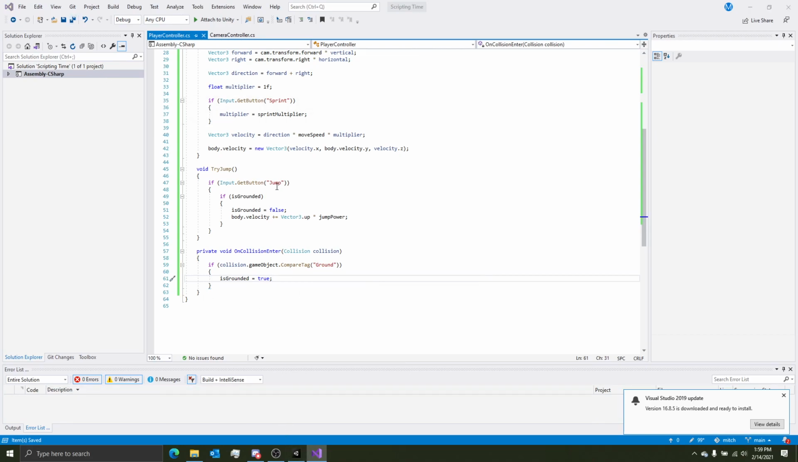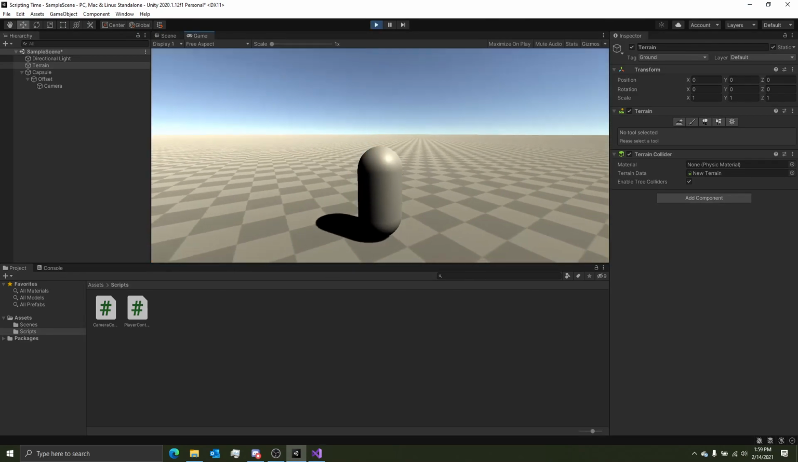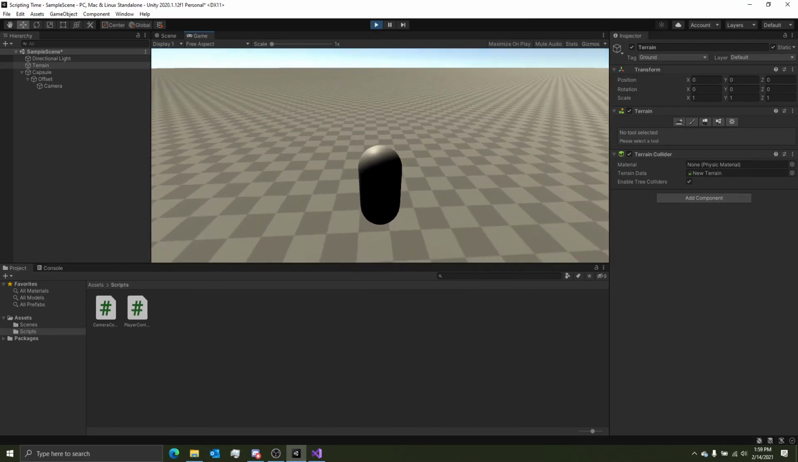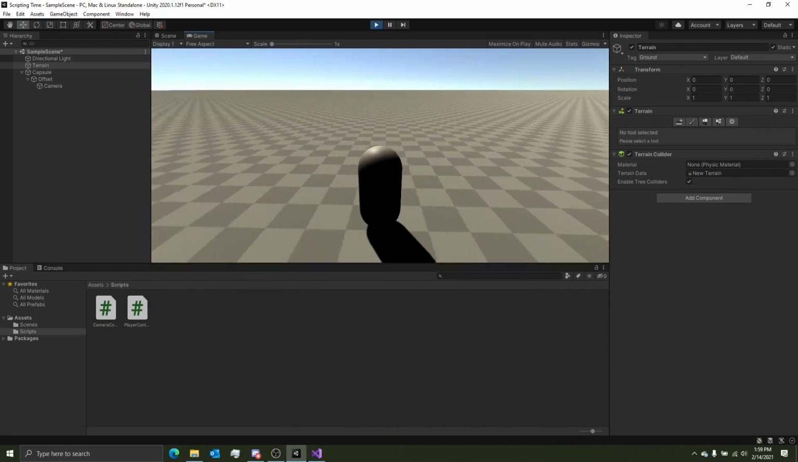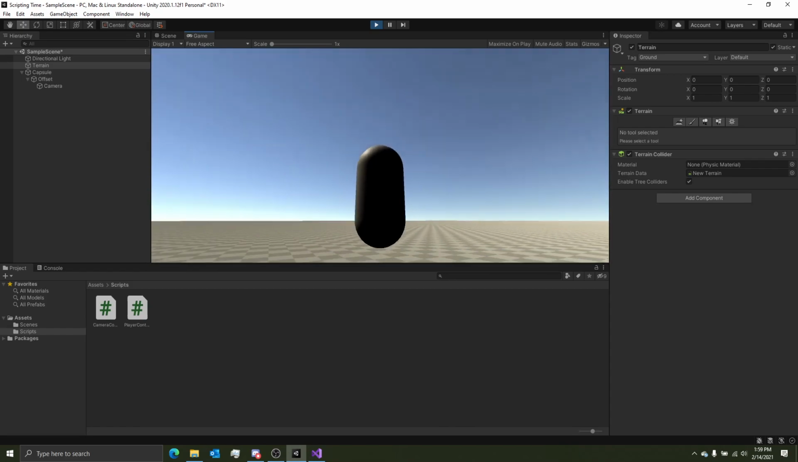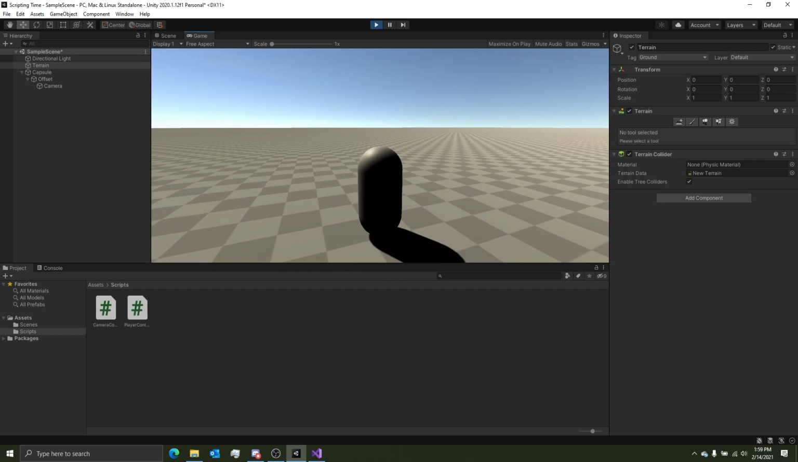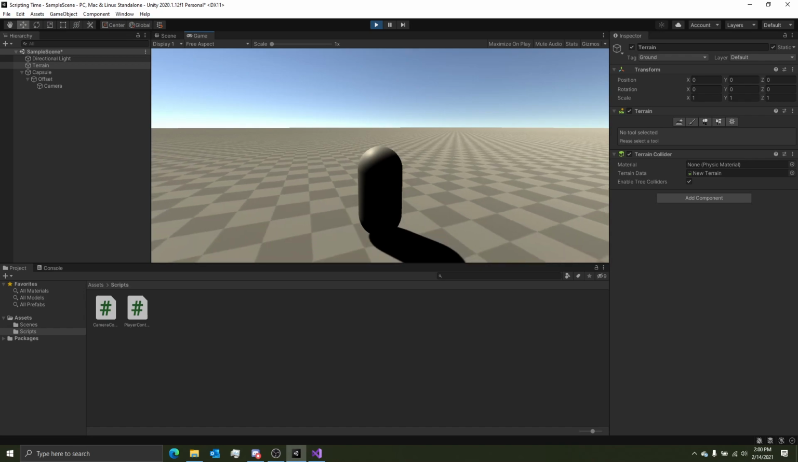And now, with the player collider, or the player in here, you run around, jump, and then it'll let you jump again. And if you just hold down jump, it'll just keep jumping. And that is all that is. There is one thing though